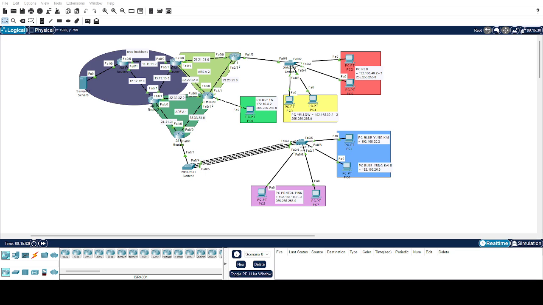Okay, IP addressing and VPC groups. The VPCs are divided into color zones based on their network. The red zone, yellow zone, green zone, pink zone, and the blue zone.